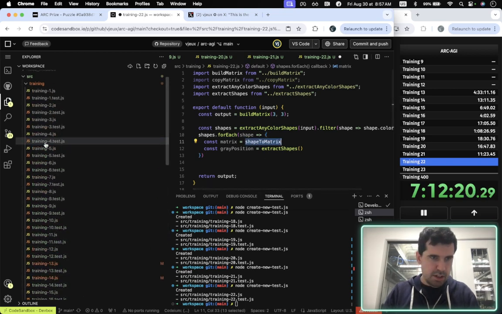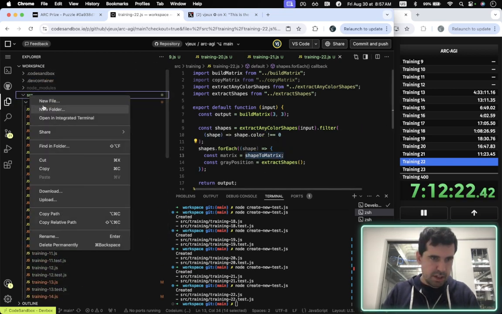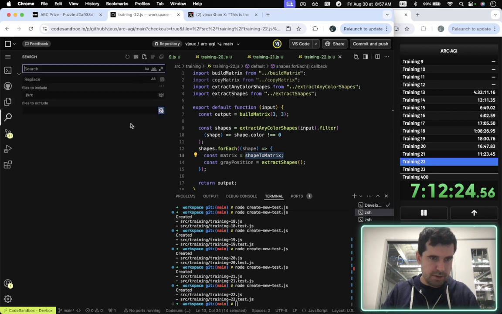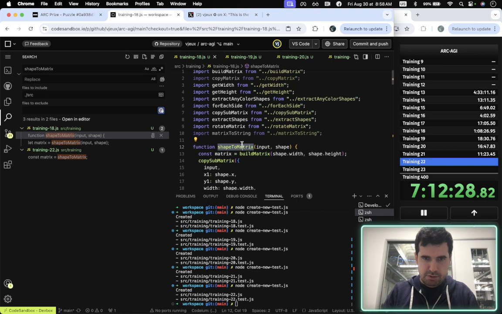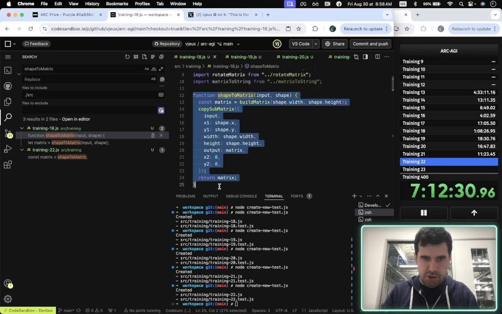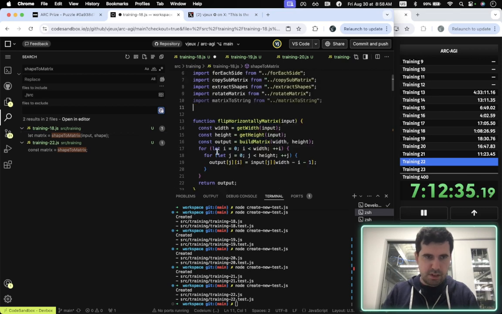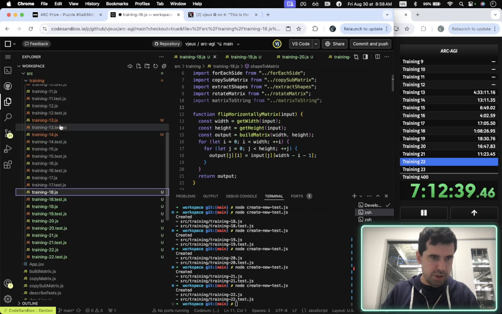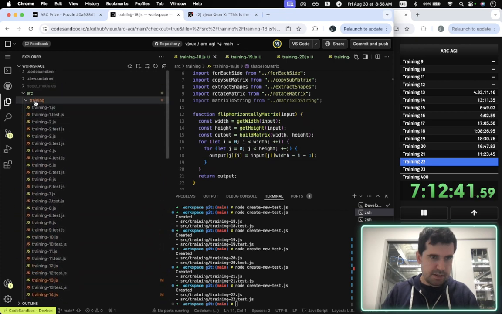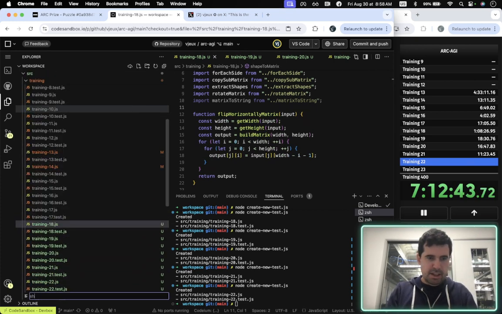Why did I do it? Find in file, find in folder, shape to matrix. Okay, so we want to extract this one into a function. So it's 18. Shape to matrix.js,